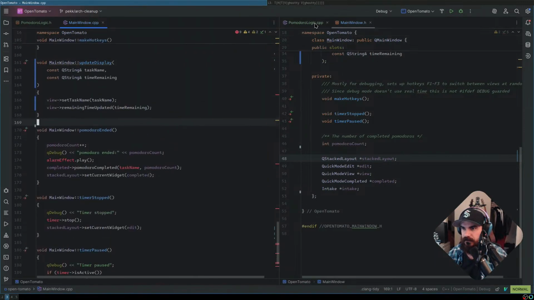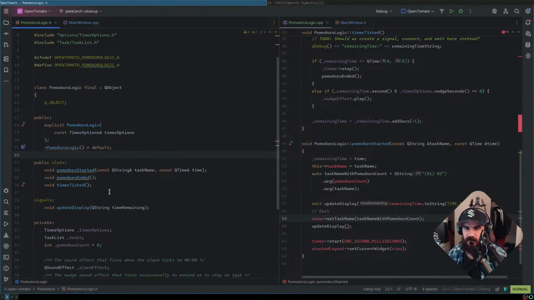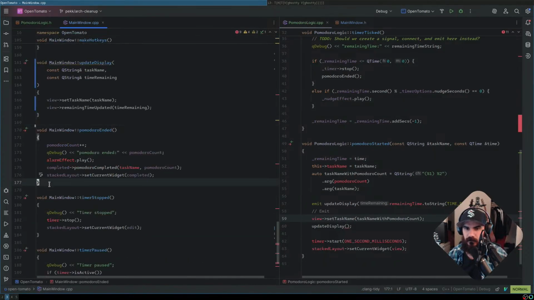Pomodoro ended, that goes over here too. What I'm going to have to do here is probably make a different signal to emit to this screen. But yes, and I also don't need this anymore. We're just going to do task name and task name.